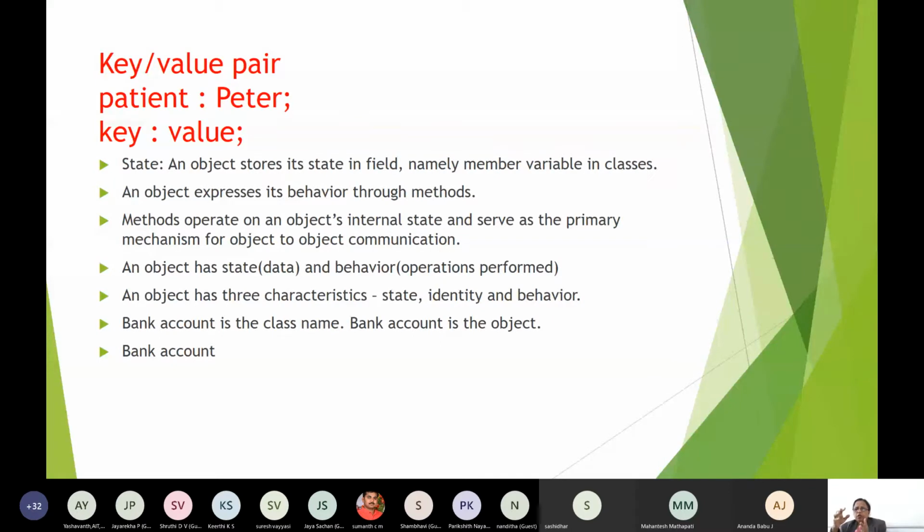Okay, behavior through methods, and methods operate on the object's internal state, and object to object communication happens through this primary mechanism. Now the object will have the state, that means the actual data, right, and behavior, which are the operations performed. So basically the object has 3 characteristics, right?